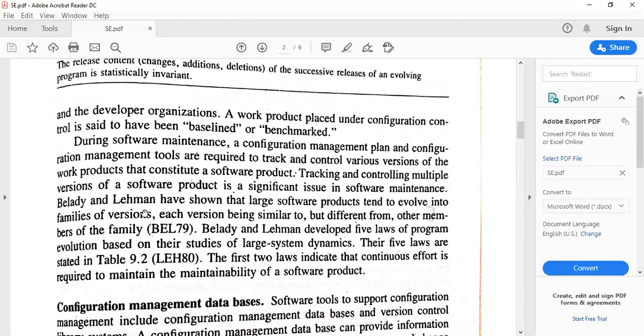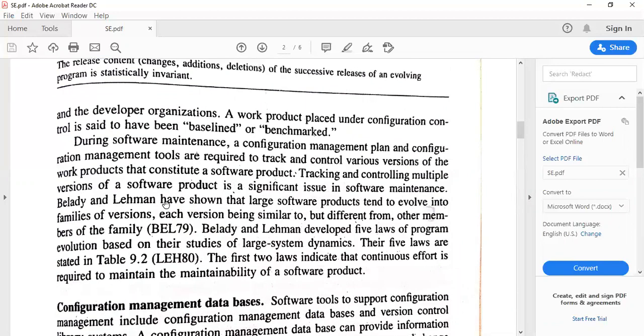After some correction, your second version is delivered. After correction, a third version will be delivered. So we have to track and control each and every version of a software product. That tracking and controlling of multiple versions of a software product is a major issue in software maintenance.